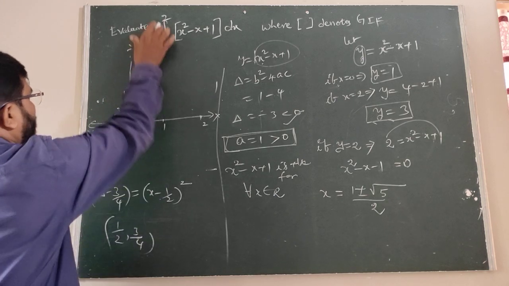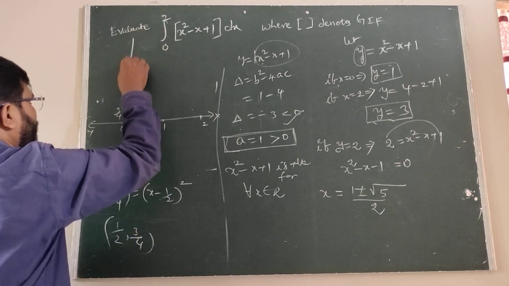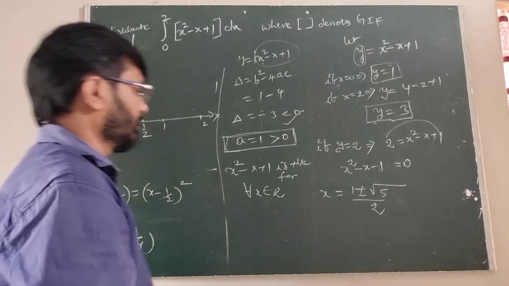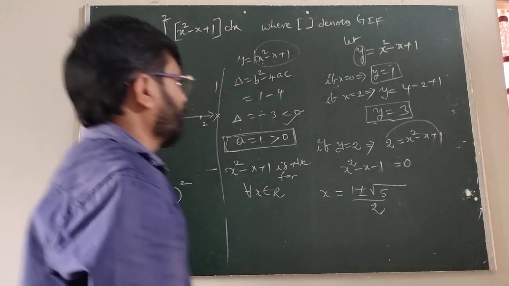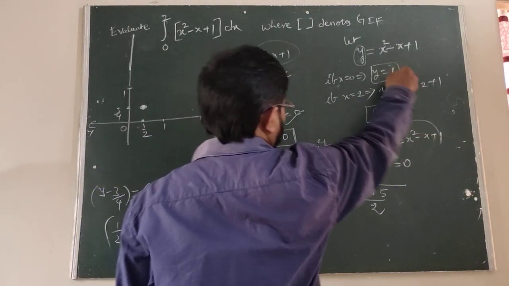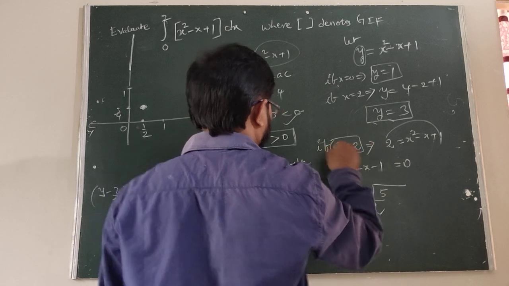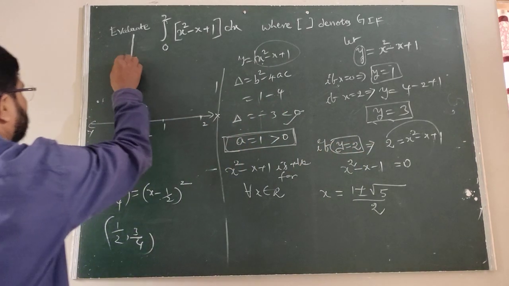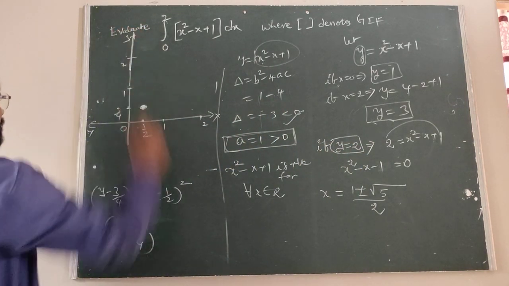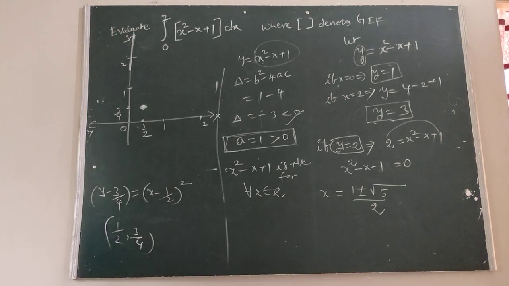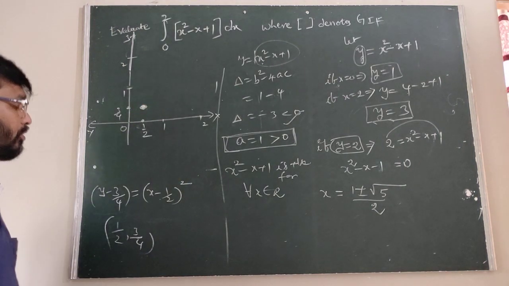This is y equal to 1, and how many values are we taking for y? 1, 2 and 3. Here y equal to 1, y equal to 3 and y equal to 2. This is 1, this is 2, this is 3. Therefore here we observe, when we are looking at 1 by 2, this is 3 by 4.